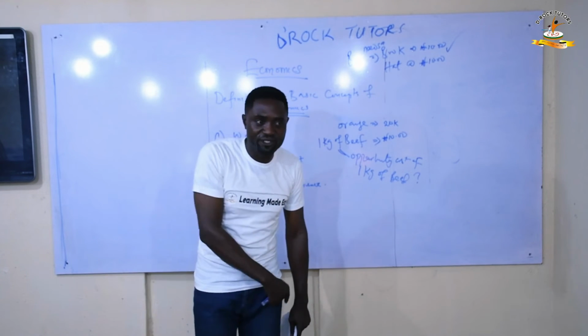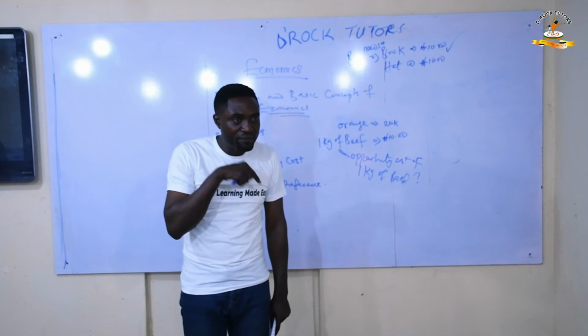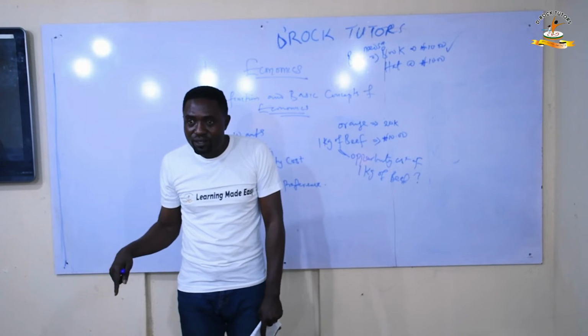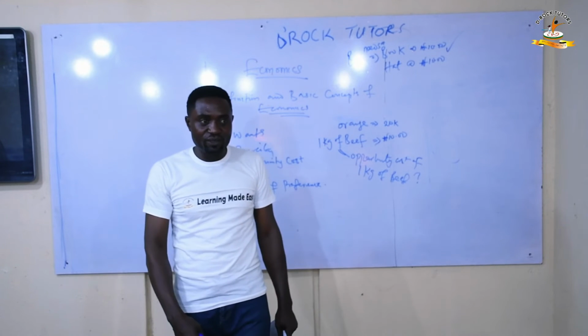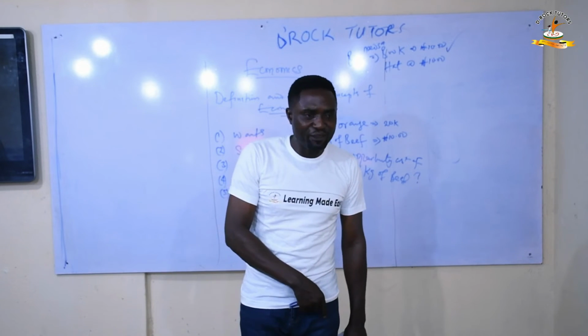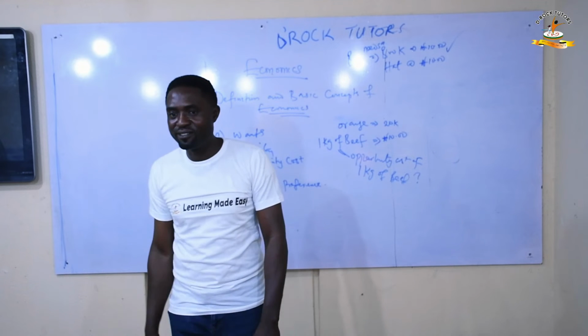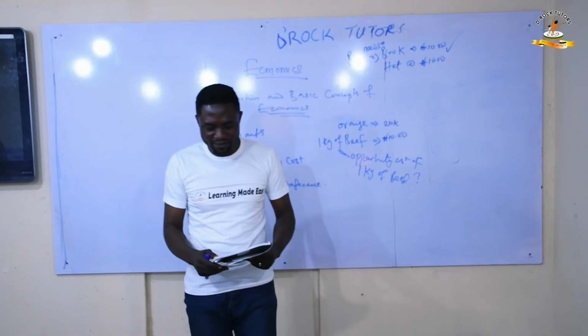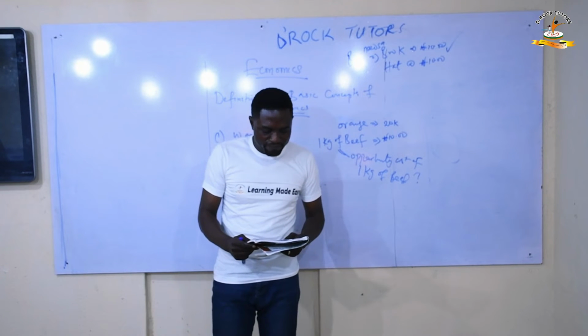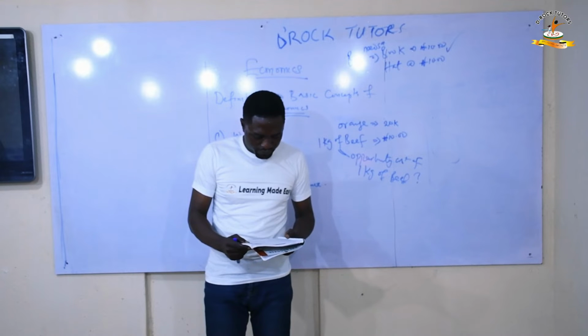It is the opportunity cost. She wanted to buy a mirror and a book at the same time. Eventually she bought the book and didn't buy the mirror. So what is the opportunity cost? The opportunity cost is the mirror she did not buy. It's as simple as that. Alright, then the next question.